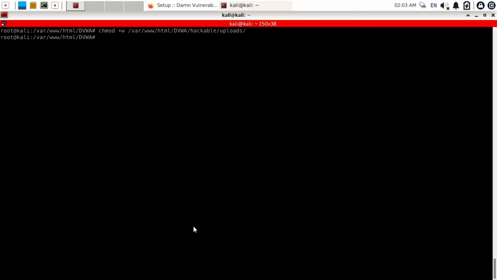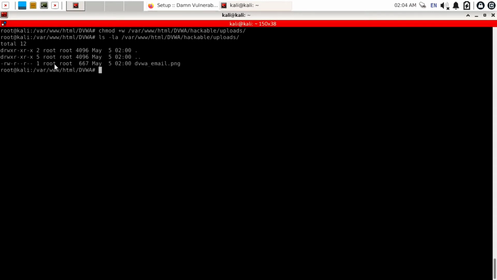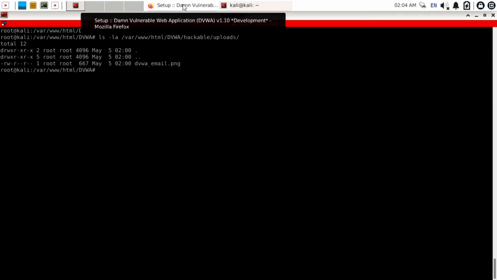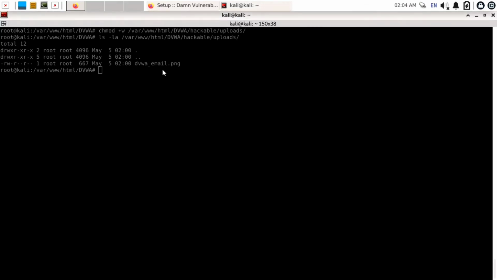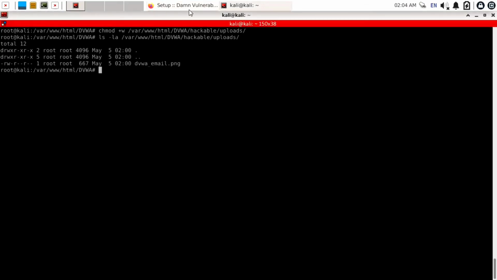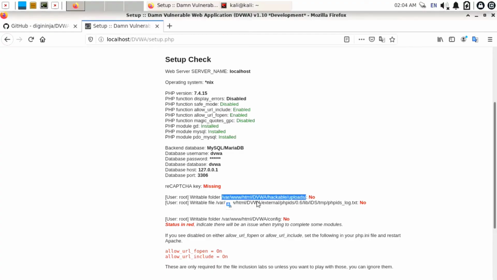To check its permission, use command ls -ela and paste target URL. Enter. Here you can see it is showing all permission like read, write, execute, read, execute, read, execute. Just copy all the folder path one by one and give write permission.